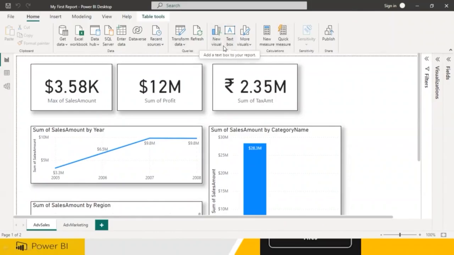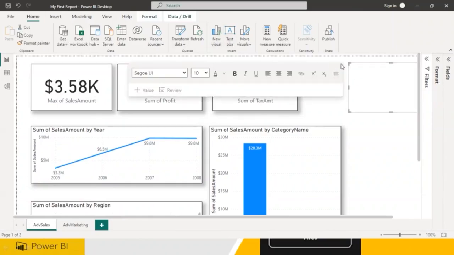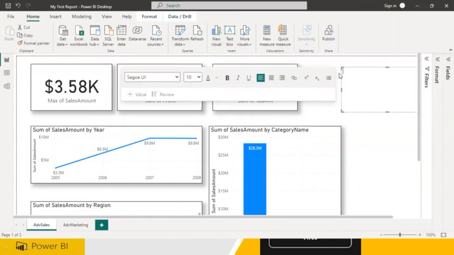I wanted to have some more new things. Sorry, not this. I wanted to have a text box. So I will go to Home and put a text box. This is the text box where I'm going to be writing something. So what is the title? This is Adventure